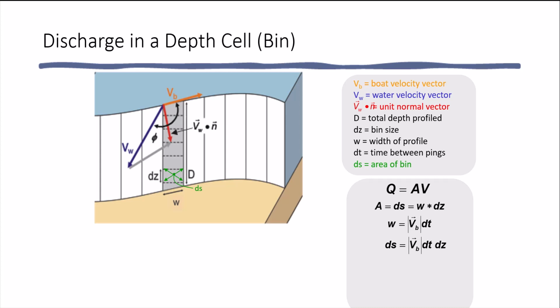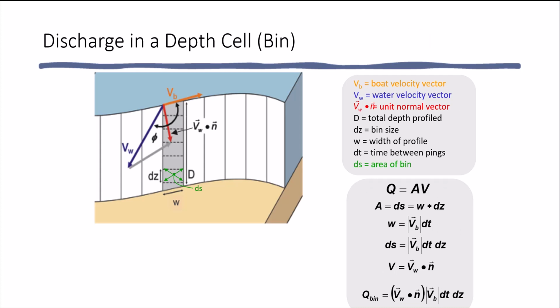The velocity we need to use to compute discharge is the velocity perpendicular to our cross-section. This is the velocity we compute by multiplying the water velocity times the unit normal vector of the boat vector. Therefore, discharge in a single bin can be computed as